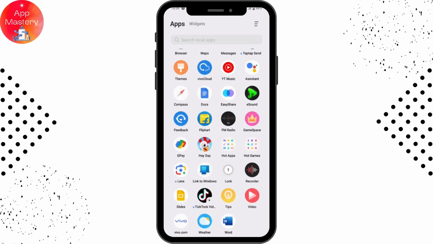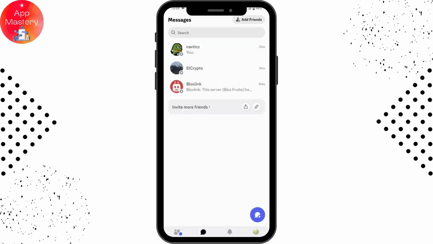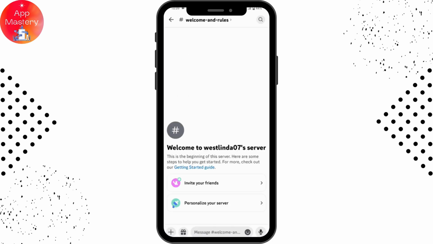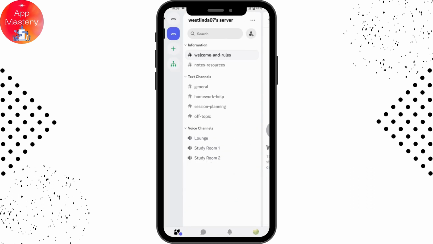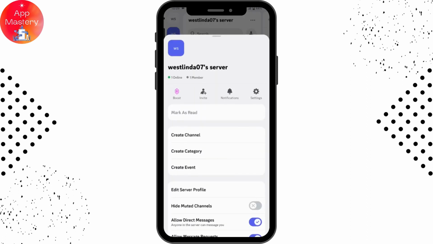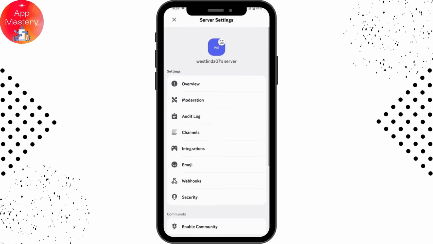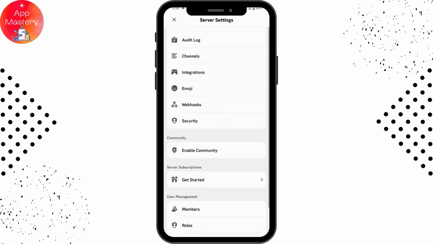First, you need to open up your Discord application, and once you open your Discord, now you can simply go for the servers, which is on the left, bottom left, and you can simply go for any one of your servers, and you can go for the upper right of that server, which has that three dots icon, and then you can go for settings, your server settings, and under your server settings, now you can scroll down, and here you will